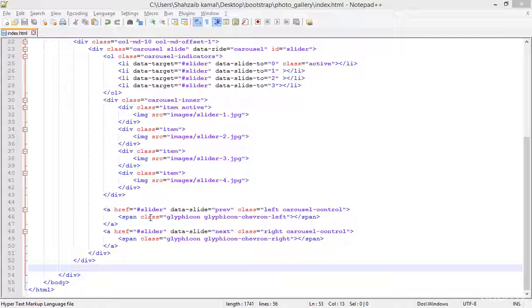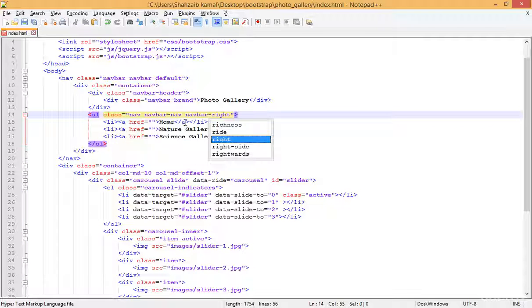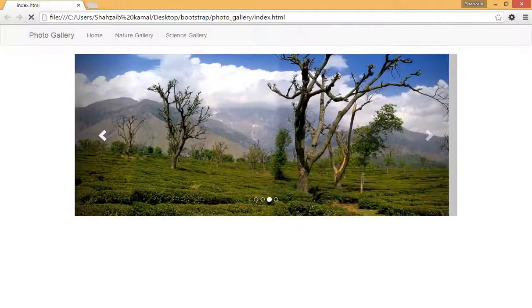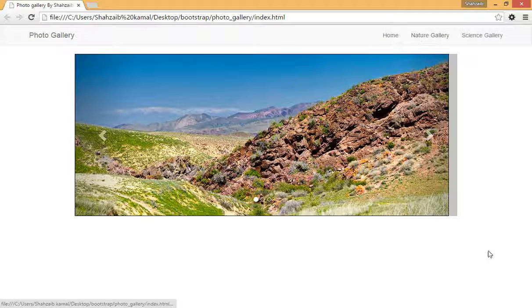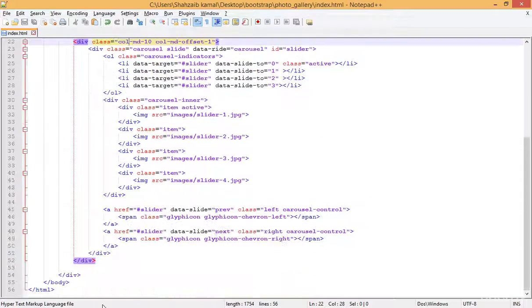Hello and welcome back. In this class I'm going to teach you some more things, but before going down I'm just going to do one thing: the nav bar should be in the right place. Save and refresh that. Now this is looking more perfect. Actually I'm going to add something here, and then going down just